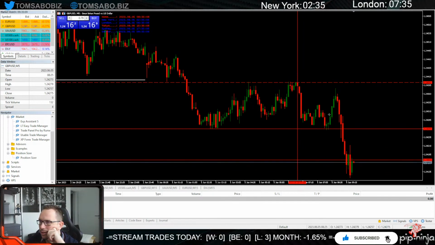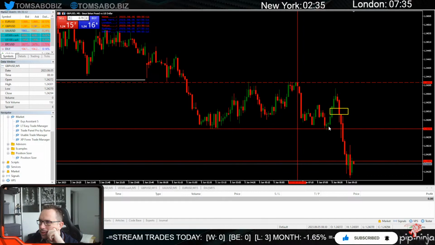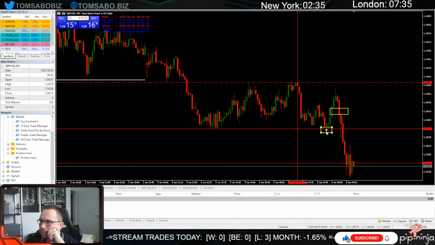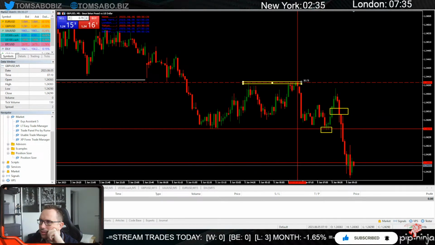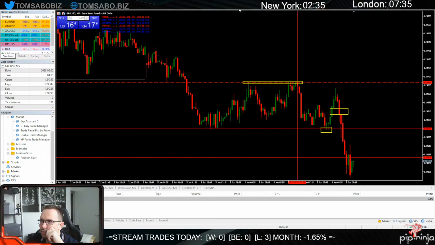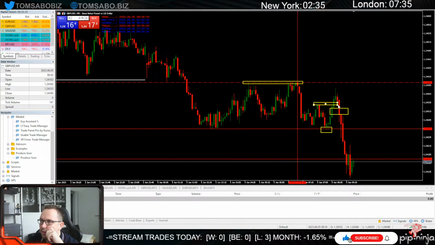If we look at it again, we had the fair value gap right there. We had a liquidity sweep right there, right? We still have relative equal highs right there. And we had a structure break right there. In my book, technically, this was a classic 2022 model from ICT, but it failed. I mean, we can't win them all, but